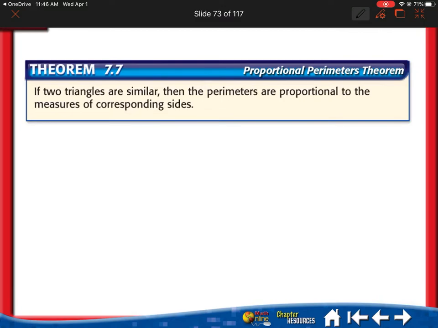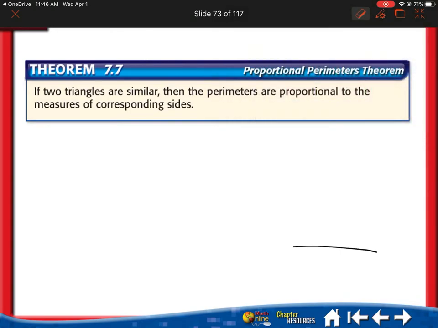All right, this is our last lesson in chapter 5, and it is parts of similar triangles. So the first thing we're going to look at is the proportional perimeters theorem. It says if two triangles are similar, then the perimeters are proportional to the measures of the corresponding sides. So if our triangles are similar, which means their sides are already proportional, then we know that their perimeters are